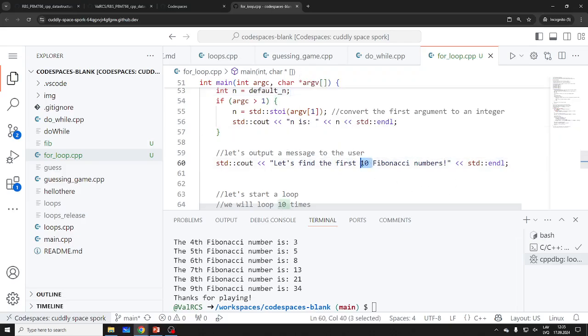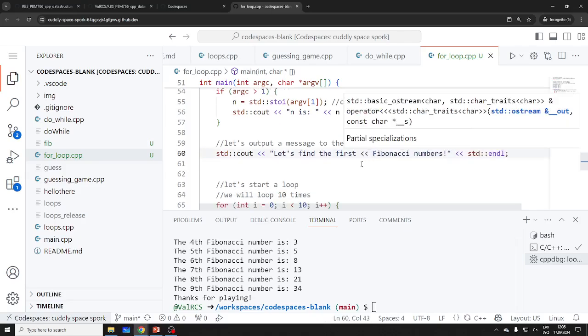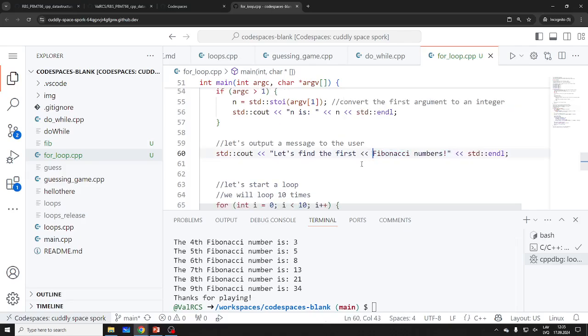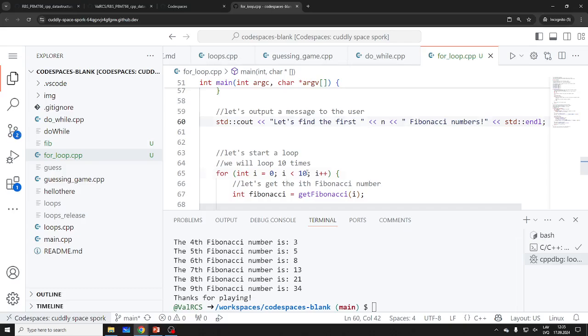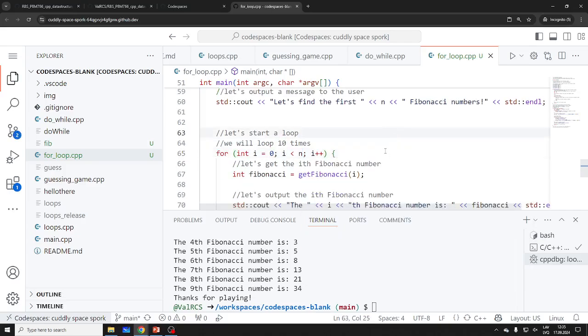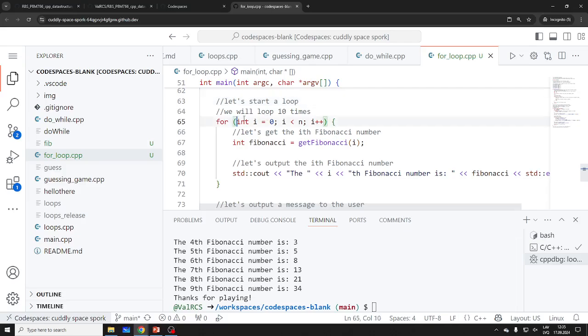First, I need to put this here. Okay, now that's it. And of course, this is wrong, so we need n, right? Okay. And again, I think you all know about this.